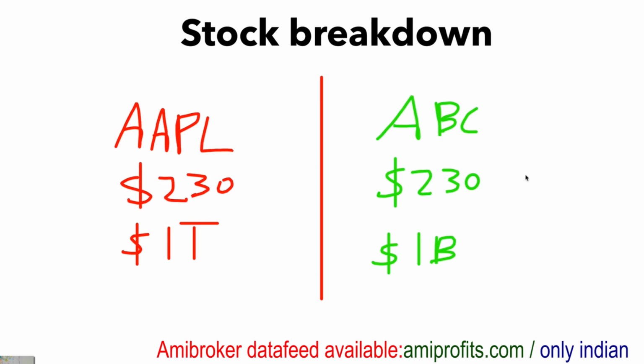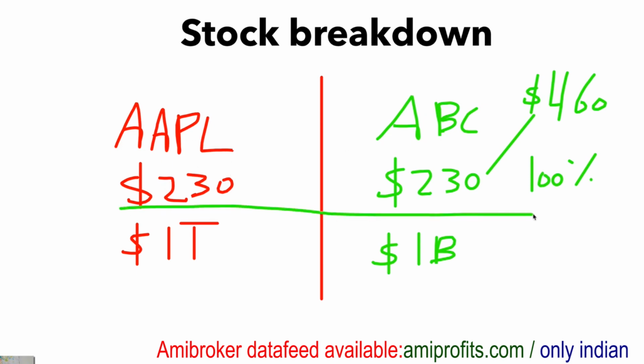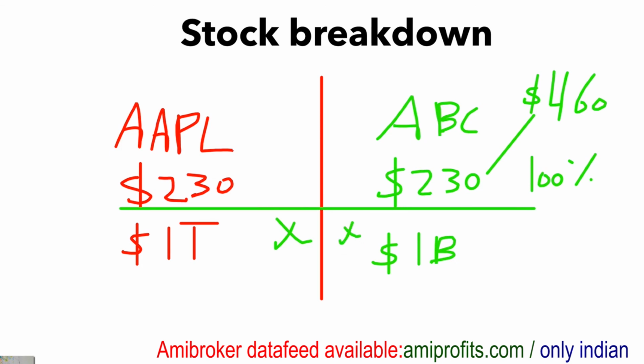Now, this is once again a major issue I used to have when I first started trading. Let's say one day company ABC goes up 100%. It goes from $230 to $460. The problem that a lot of people have or don't understand is they look at every stock and only focus on this top part. They don't focus on the bottom part at all. We care about the bottom part.